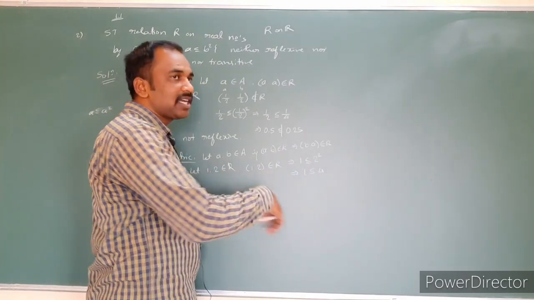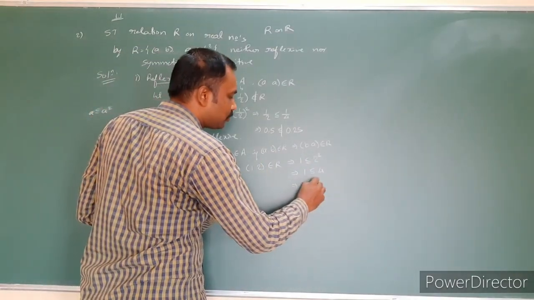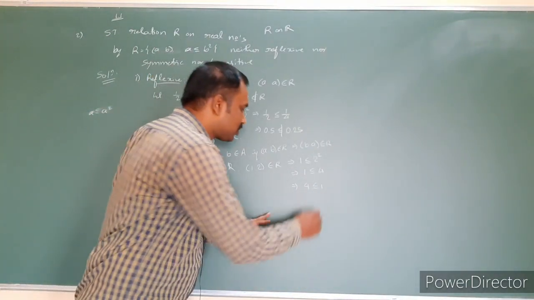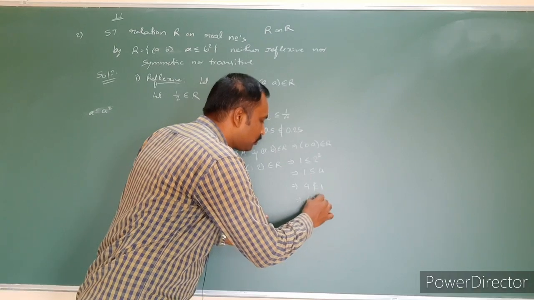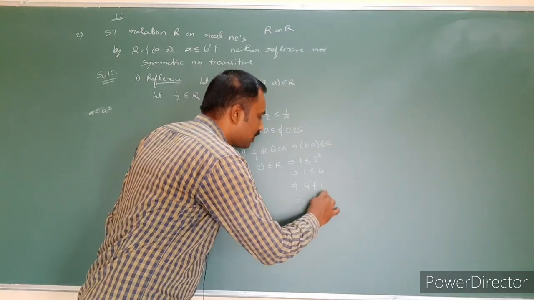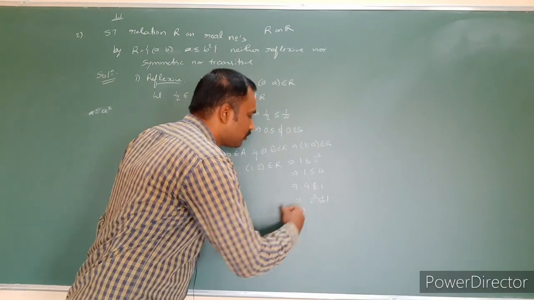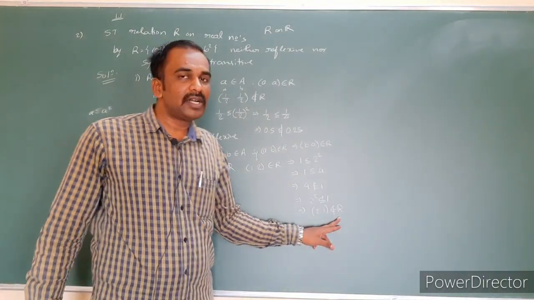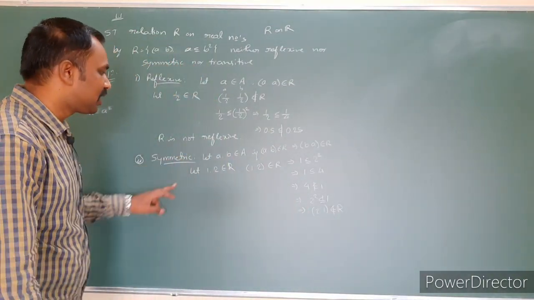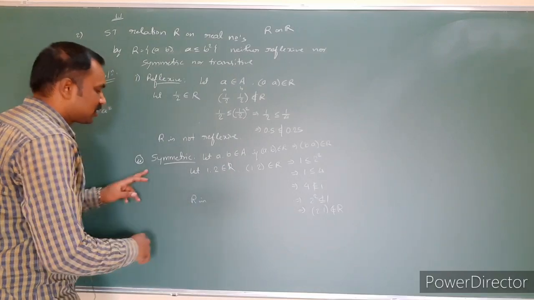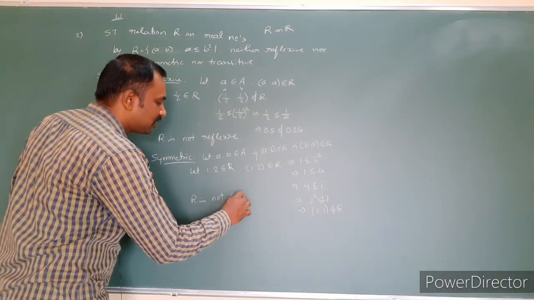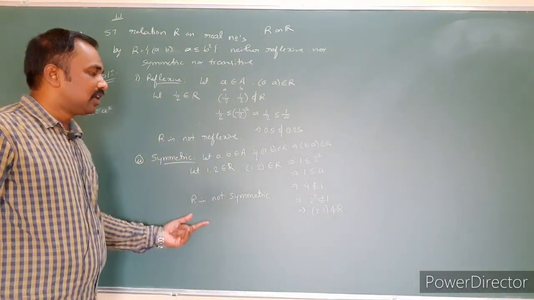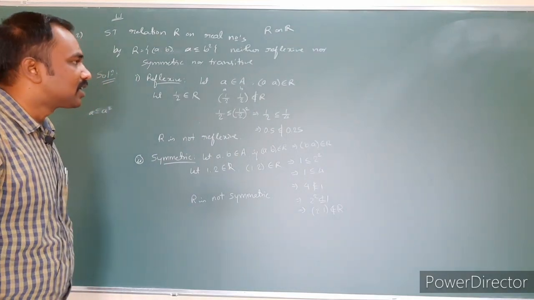Yes, from this statement I need to get the reverse. Reverse means, can we write 4 is less than or equal to 1? Which is not possible. Sorry, it is 2 squared is not less than or equal to 1, which means that (2, 1) is not present in the relation R. So can we say this relation is symmetric or not symmetric? It is not symmetric. That's why here also we need to give the counter example.